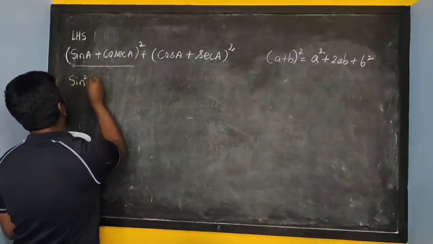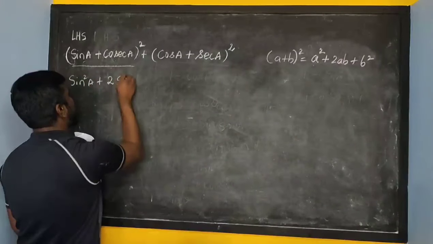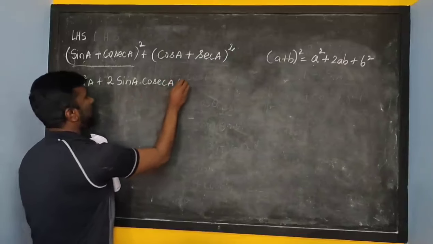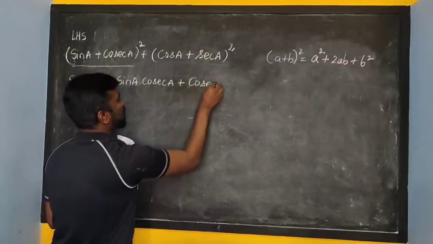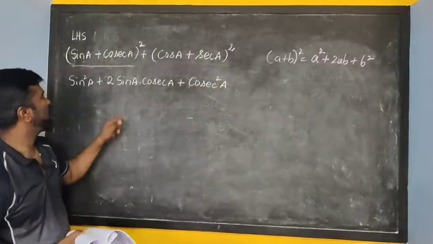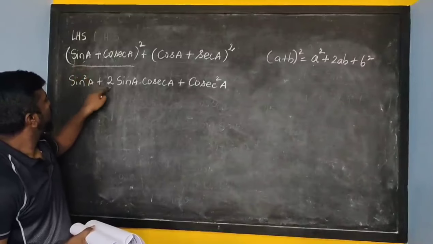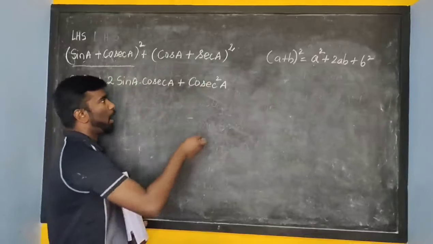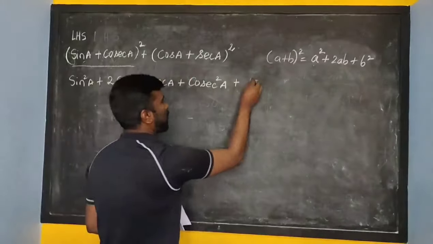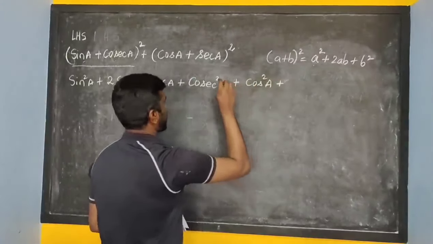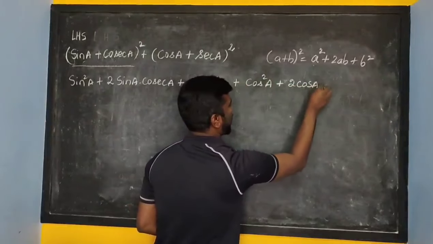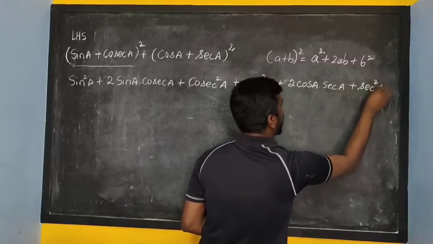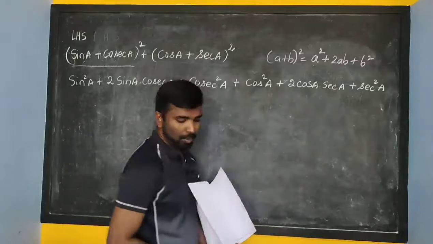sin square A, that is A square, plus 2 sin A into cosecant A, that is 2AB, plus B square, which is cosecant square A. You can check here: A square, plus 2AB which is sin A into cosecant A, plus B square which is cosecant square A. In the same way, apply for this term: A square, that is cos square A, plus 2 cos A into secant A, plus secant square A. That is A square plus 2AB plus B square. Now students,